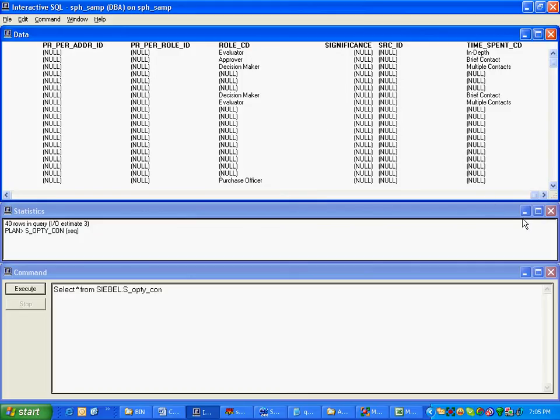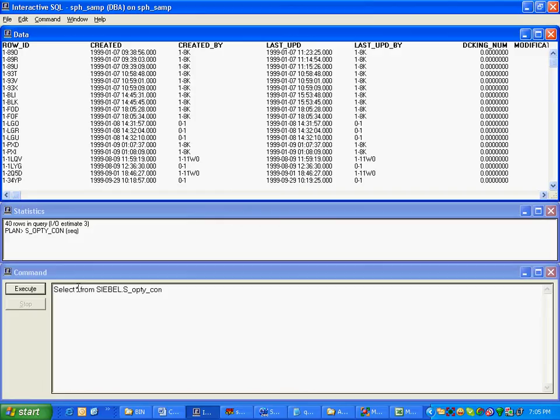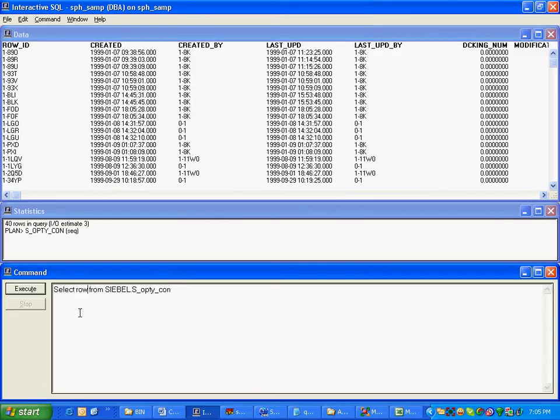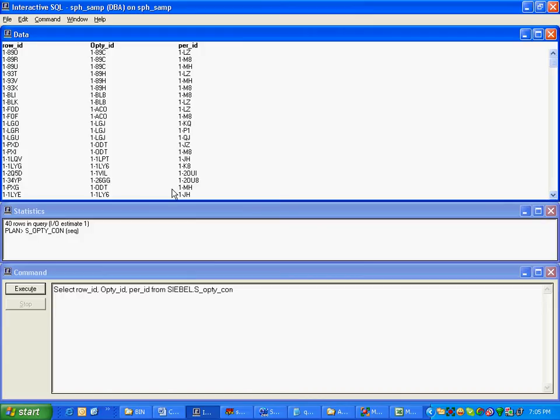I will only see these three fields: Row ID, Opti ID, Per ID. These are the foreign keys.